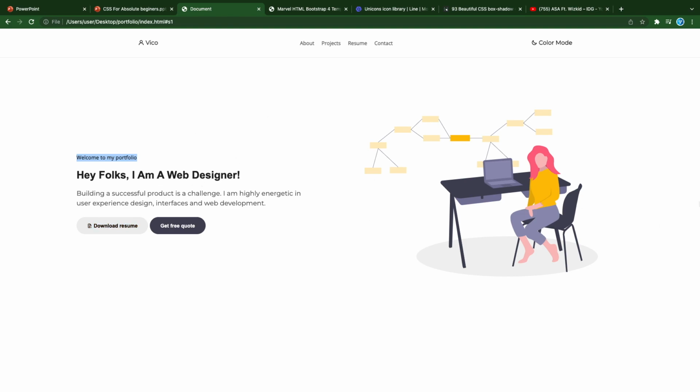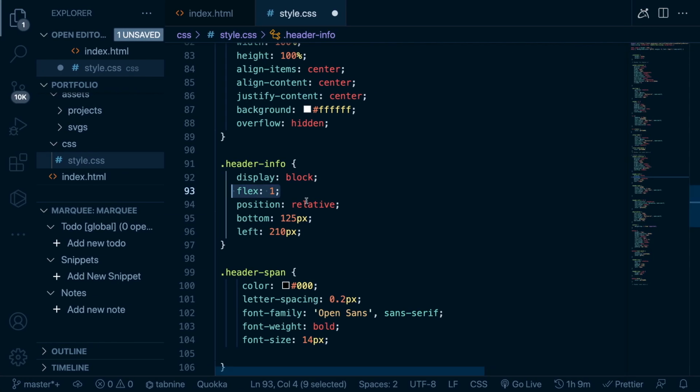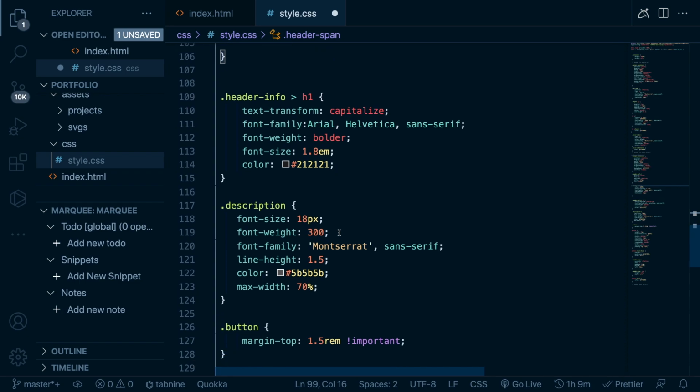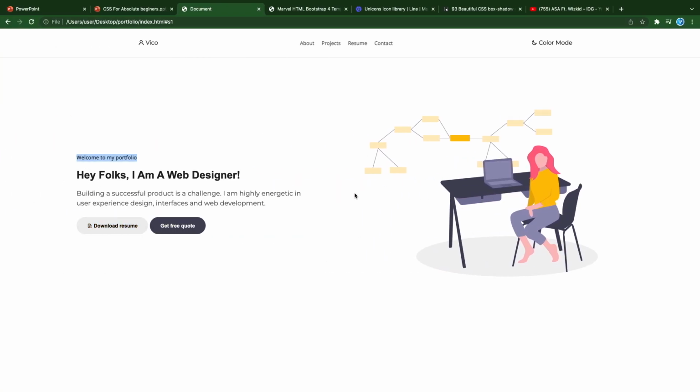in as much as we have 100% view width. I want this to be 100% view width as well. So we give it flex 1 to take half, and the SVG as well to be flex 1. So they both take half of the screen. That's why I placed this flex 1 over here under the header, the class selector of header info, and the span. If you do that, you notice everything will be 100%